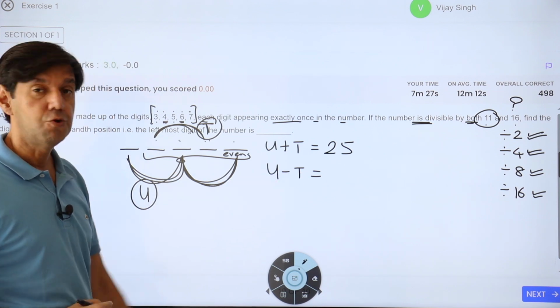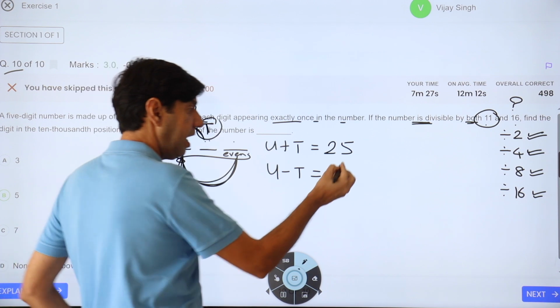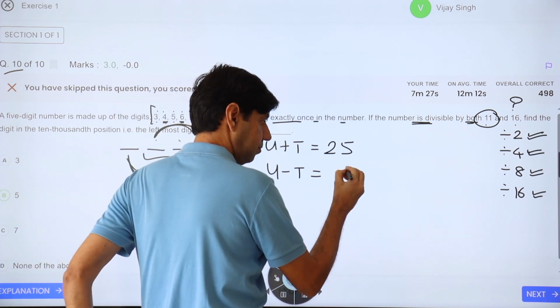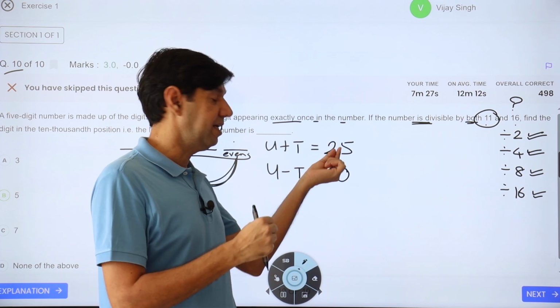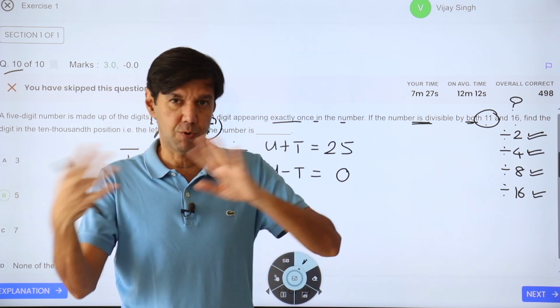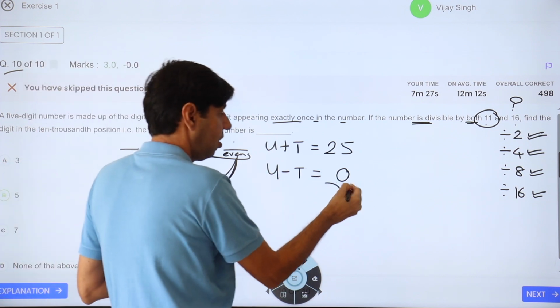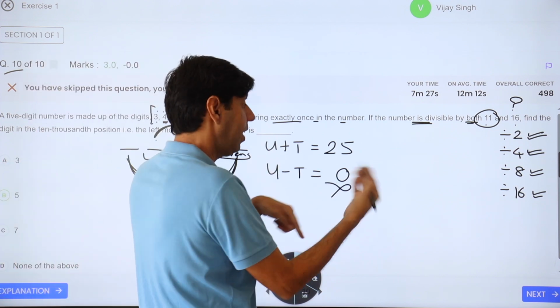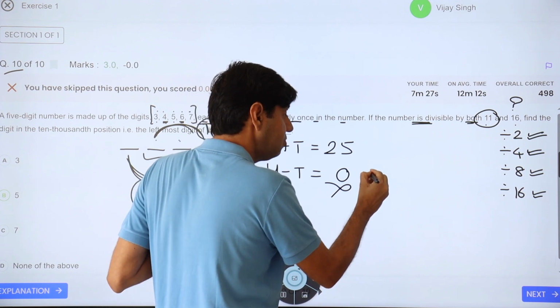So the U minus T, now if I make it a 0, that simply means U is equal to T. So split this 25 into 2 parts, 12 and a half, 12 and a half. Now I can't have a 12 and a half, no? So this is not going to work. Could I use a 11 and a minus 11? Yes. So if I use 11,